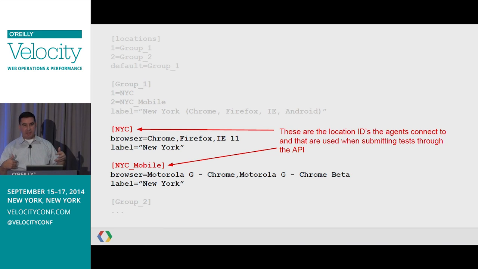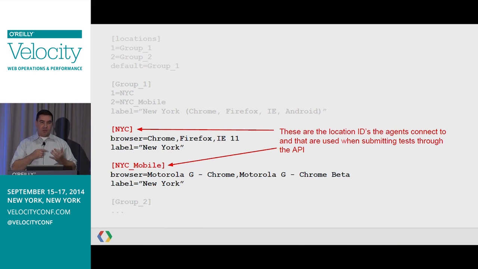The mobile, there's sort of special hard-coded stuff on the mobile agent side, where usually you'll just have one browser ID in the mobile agent list for the version of Chrome that's running. It knows how to recognize if there's like a dash Chrome and dash Chrome beta. You can run both Chrome and Chrome beta from the Play Store on the same devices, and the agent will know which APK to run or which browser to launch if you have a comma-separated list. You can put anything you want in front of the dash. So in this case, they're running on Motorola Gs, and so we say Motorola G Chrome, and that's so you